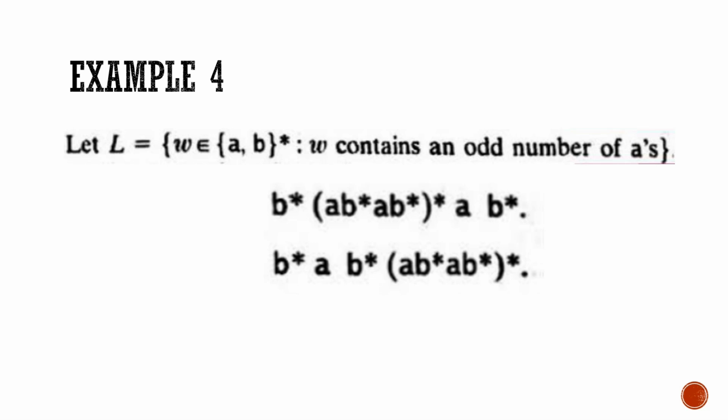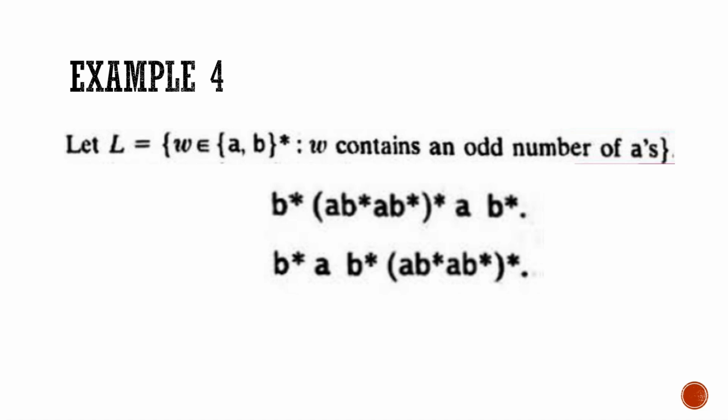Then one A. Then if we have multiple A's, what are the different possibilities? Multiples of 2 are possible, but at least one extra A I want. If A's come, they come in 2's: 2 A's, 4 A's, then one more A. If it is 3 times double A, that is 6 A's plus 1, 7. So like that is the sequence. At the beginning I can have any number of B's, then A, then B's can be of any number, one more A, and B's can be of any number.